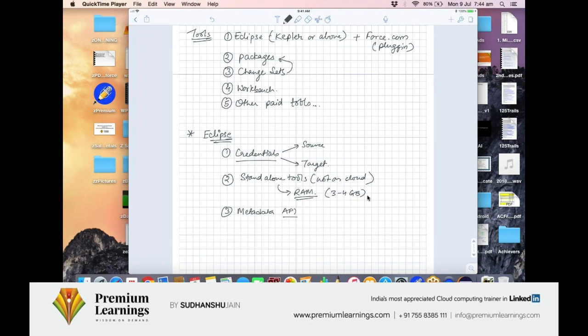So whenever you're using an API based system, you'll always require additional security. In this particular case, you'll require something called a security token. So we need to have a security token of both source as well as target along with the credentials. So let's